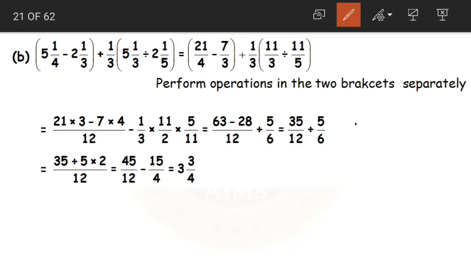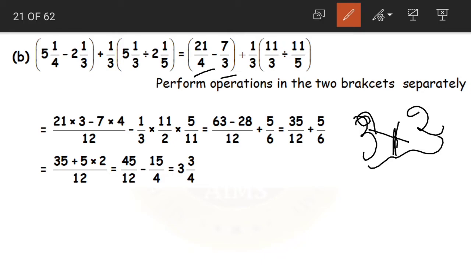Why? Because even in prime numbers, say 3 and 2, both do not have any common factors except 1. Even then, what did we do? The LCM is nothing but the product of the given numbers, that is, the prime numbers. In the same way, here we have 4 and 3, which do not have any common factors. So their product becomes the LCM here. 4 3s are 12.